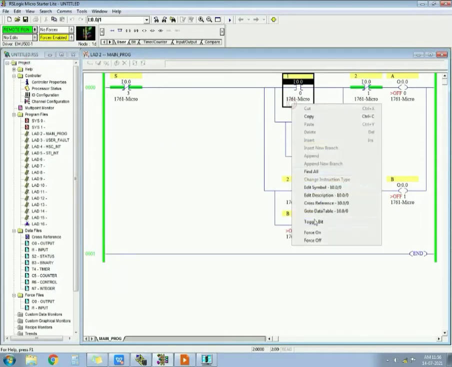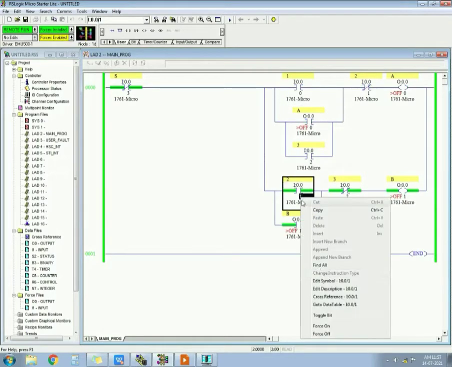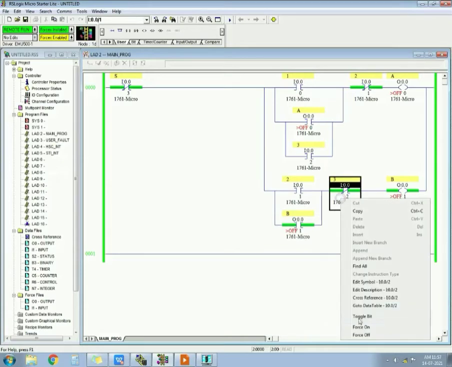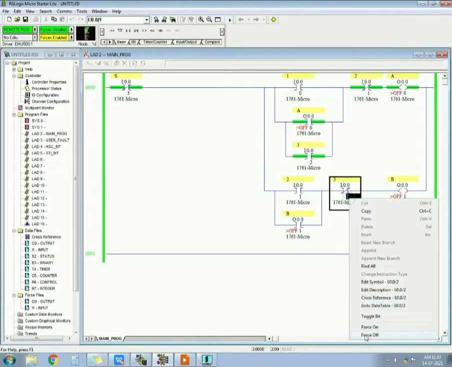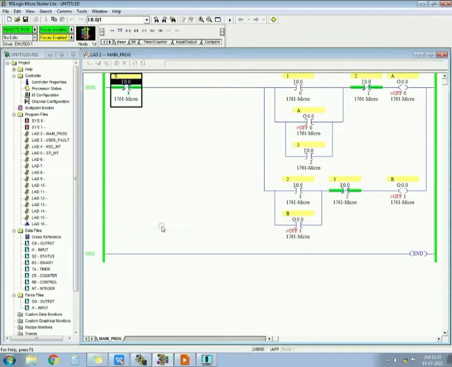Now it will work similar to the previous one. When the second push button is pressed, output B gets on and output A gets off. When the third push button is pressed, output A again gets on and output B gets off. And there is a single stop: when the stop push button is pressed, all outputs get off. This is simple. You have to go step by step and check whether every step is working correctly. So this was the solution for the 4th question.